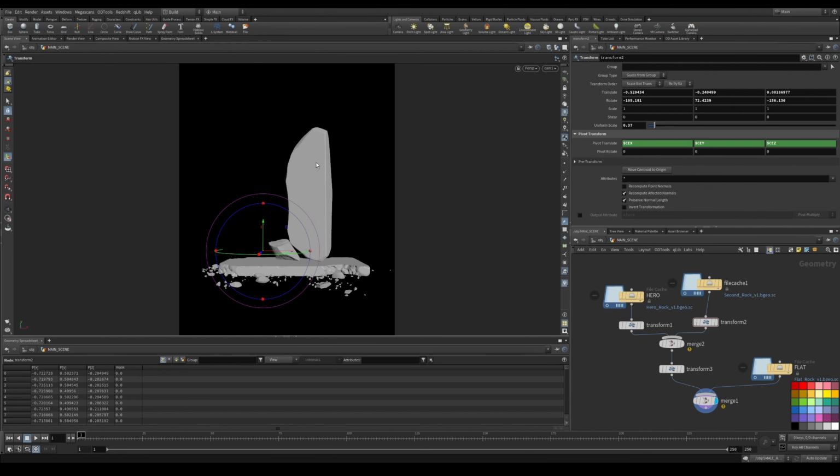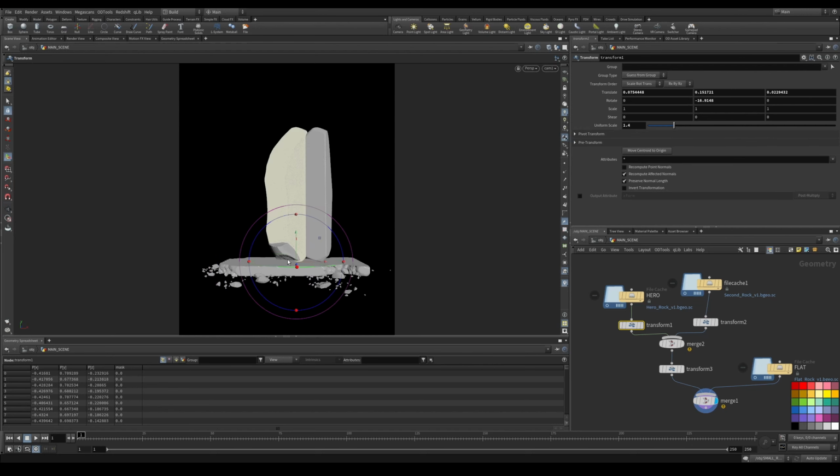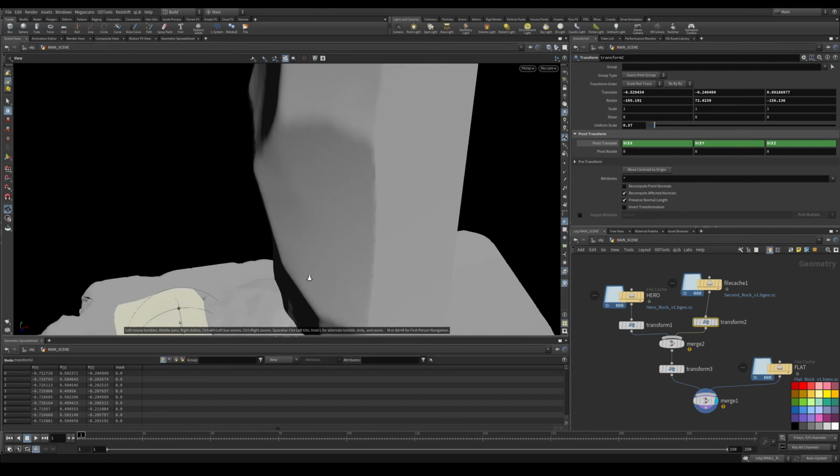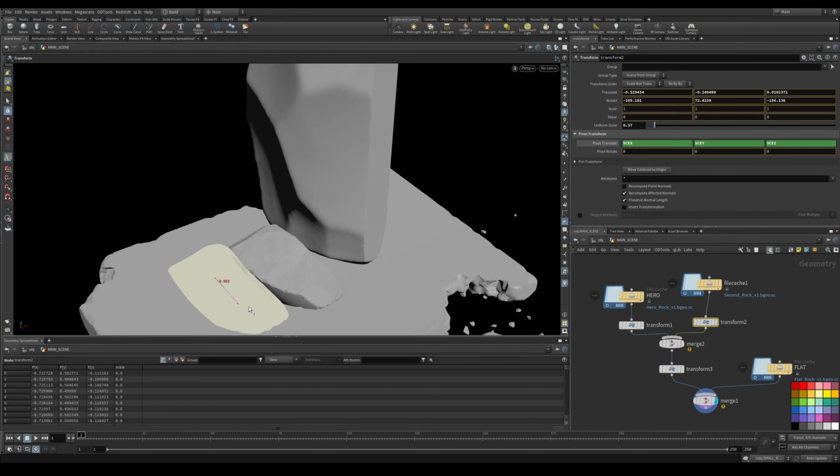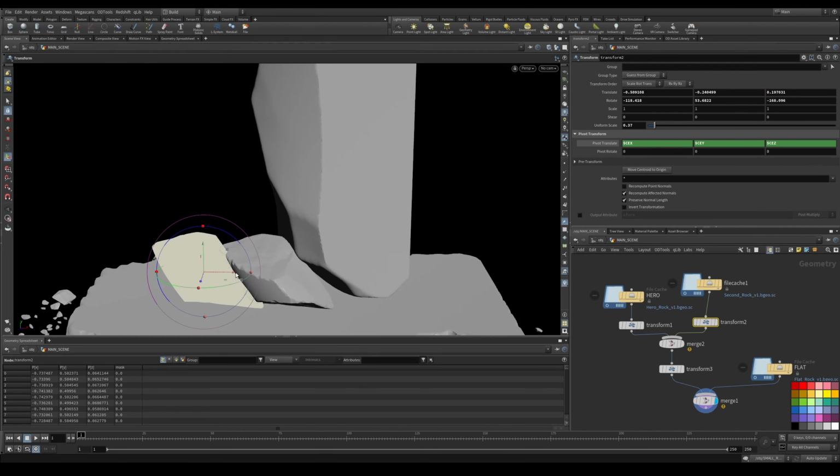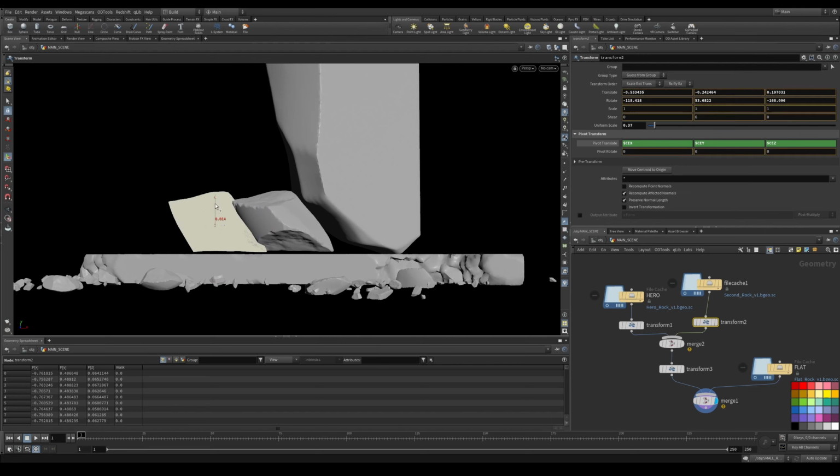And if we look at our camera, this rock, we want this face to actually face around, so we can turn it the other way around. Maybe something like that. And then this little rock can come forward a little bit and fit in this groove. And I'm just doing this by arm, just kind of